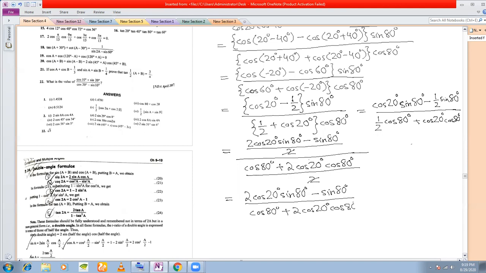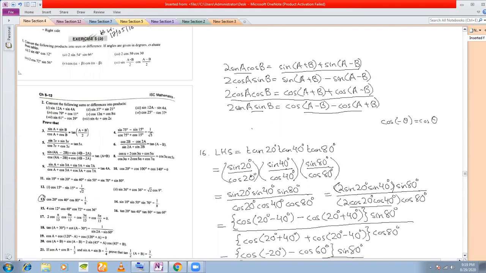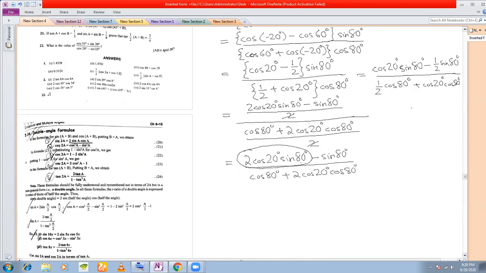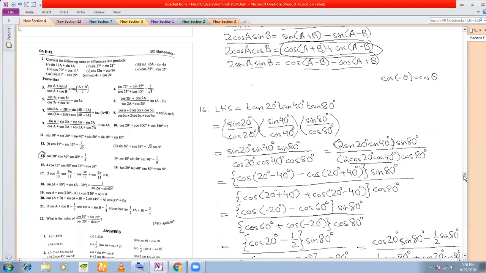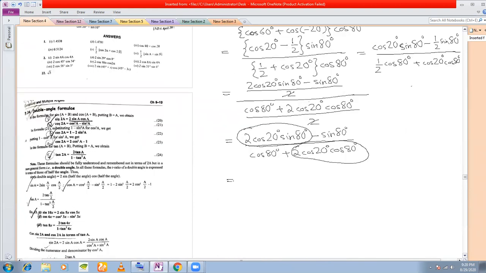Okay, now see, this is 2 cos a sin b, right? What was the formula for 2 cos a sin b? For 2 cos a sin b, we have sin(a plus b) minus sin(a minus b). And in the denominator, you have 2 cos a cos b, for which we have this formula, cos(a plus b) plus cos(a minus b). So we are going to use these two formulas to transform these two products to a sum.